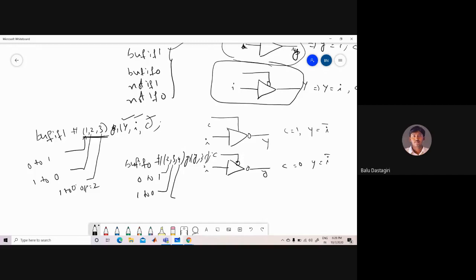So now when you are coming to the fourth one here, it is the delay associated with the output whenever the conditional input goes from 0 to 1. So it is bufif0. Whenever the conditional input becomes 1, the output becomes Z. So it is the delay of the output when the output is Z, that is, when the conditional input goes from 0 to 1. So this is the declaration of bufif1. This is how you can declare the delays associated with the tri-state gates.